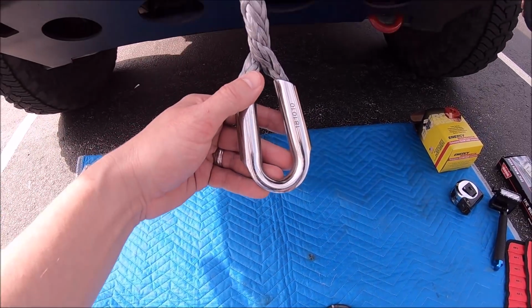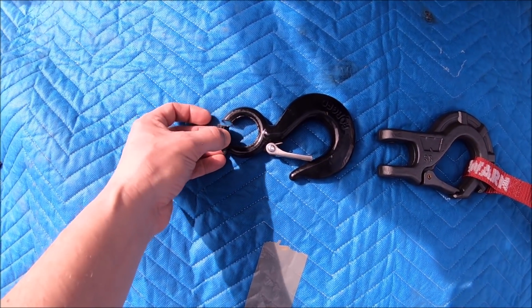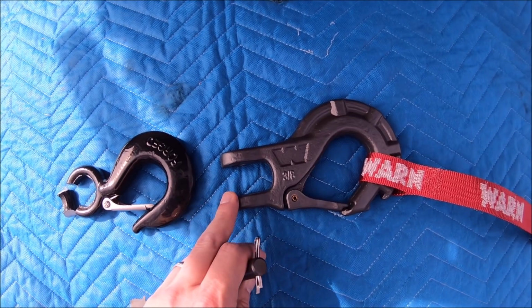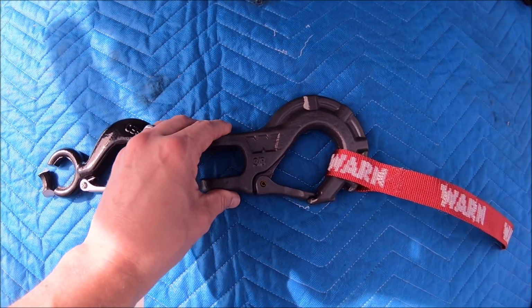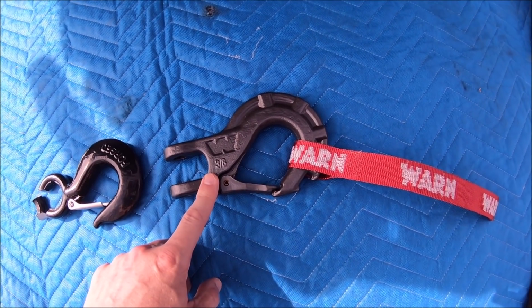it's attached to the buckle down here on the end with a solid steel ring, so if you want to swap that out, you do have to cut it off, so I had my buddy take his grinder to that real quick. With the Warn one, it attaches using just a bolt with a cotter pin, you can see, easily removed. This one's much stronger than this, of course, but my main thing I like about this,